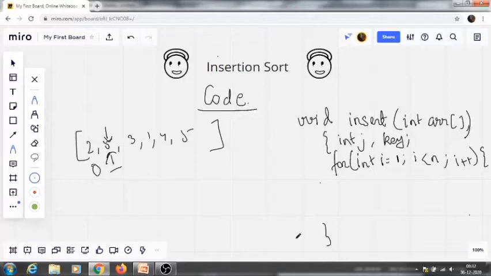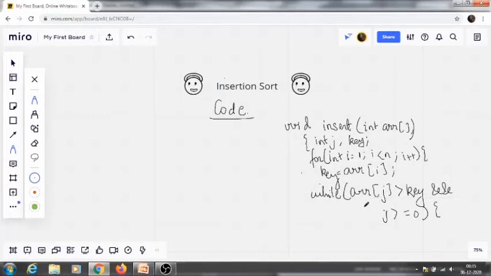That key element will be equal to, what is that key element, why am I using key? It is just a variable that will be focusing on the elements that we are mentioning, like arr[i]. First we compare 5, we check whether the elements before it are sorted or less than this or not. So this will be our key element, so always we will update this as arr[i]. This will be stored as key.